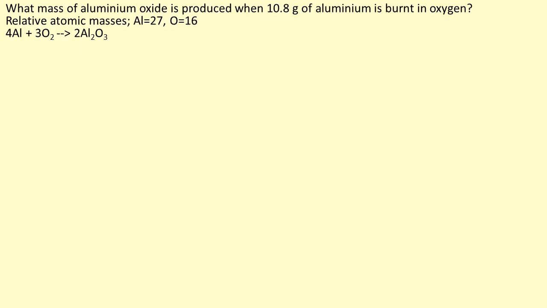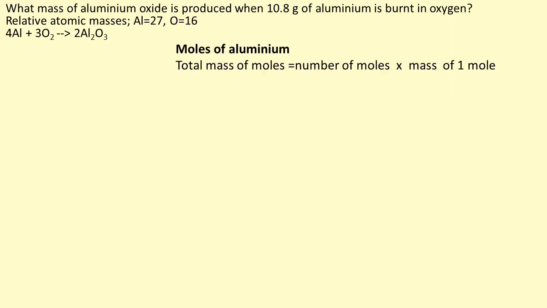What mass of aluminium oxide is produced when 10.8 grams of aluminium is burnt in oxygen? Why not pause the tutorial and try answering this question yourself? Stage 1 of answering this question is to convert the mass of aluminium into a number of moles. So to do this, we use our